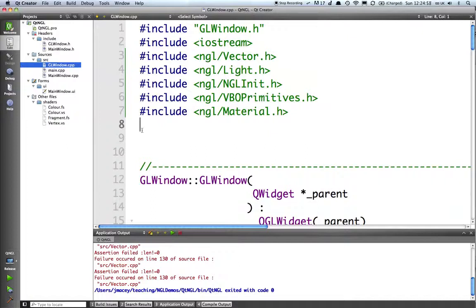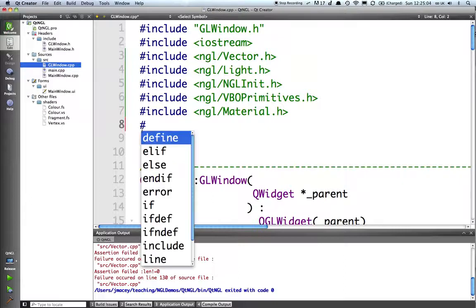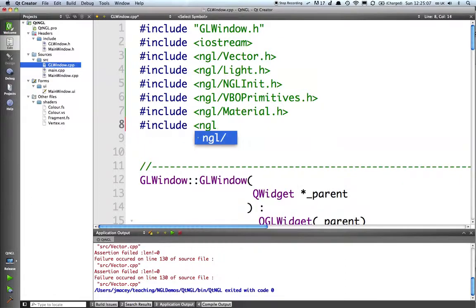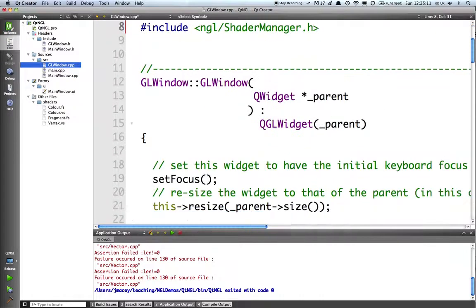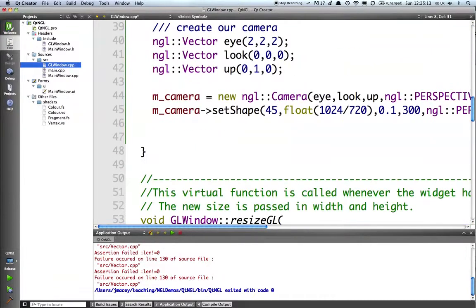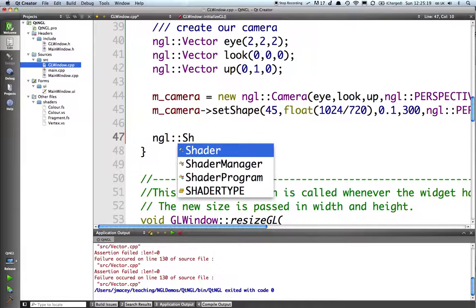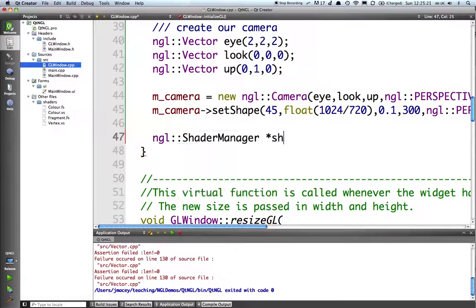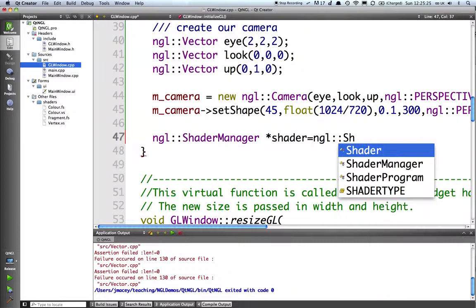We're going to add some shaders to our program which will be used for all of our drawing and everything else. So the standard GLSL shaders. First thing we must do is add the NGL shader manager to our file here, and this is a singleton class again because we only want one shader manager. So NGL shader manager star shader equals NGL shader manager